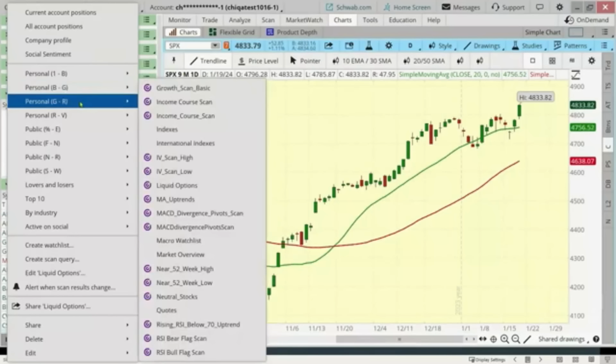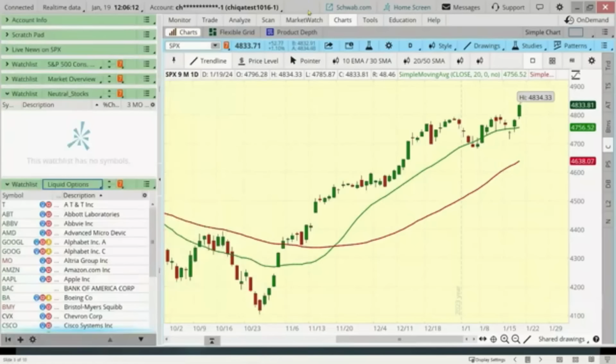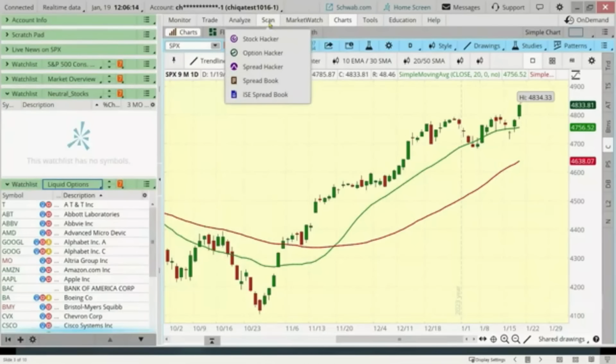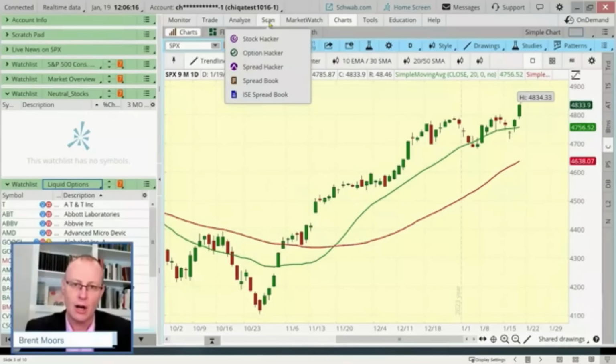The one that I've created here that I'll show you, what I put in for liquid options, it certainly can change, but the reality is the parameters that I have probably aren't going to change that often, so the list is not going to change that frequently. So this is one way I do it. This is the first way I'm talking about finding optionable stocks.